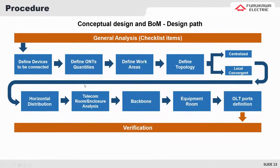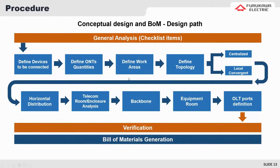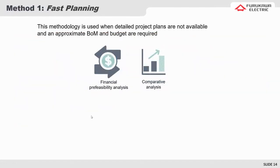Here are some step by steps, like a flow chart with the definitions that we have to make before building, finally, the bill of materials, but I will comment on this in the next slides. So we have two methods for making the bill of materials and diagrams. The first one is the fast planning, and it's applied when we don't have all the information available. So with only the information that we have available, it's possible to make an